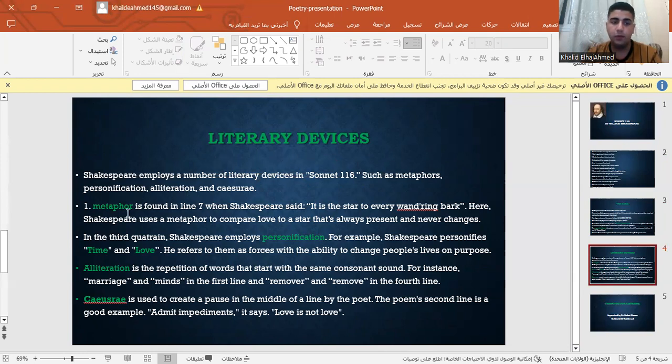and caesura. First of all, metaphor. Metaphor is basically a figure of speech that usually compares two things and shows the similarity between them. For example, Shakespeare compared love to a star. I actually said it is the star itself. It functions as the star itself. As the star always shines,